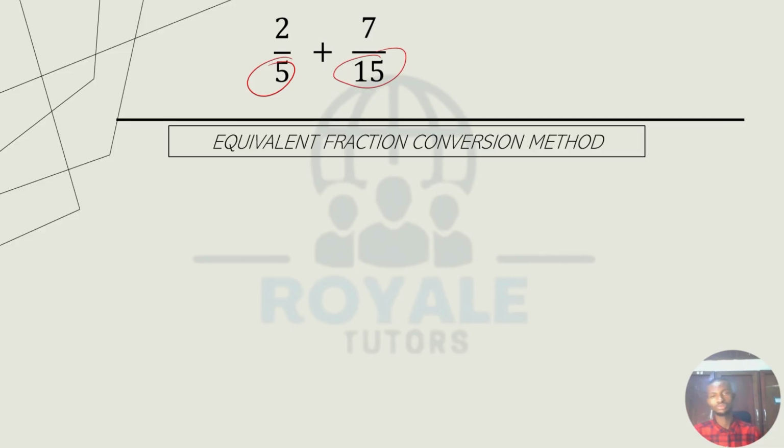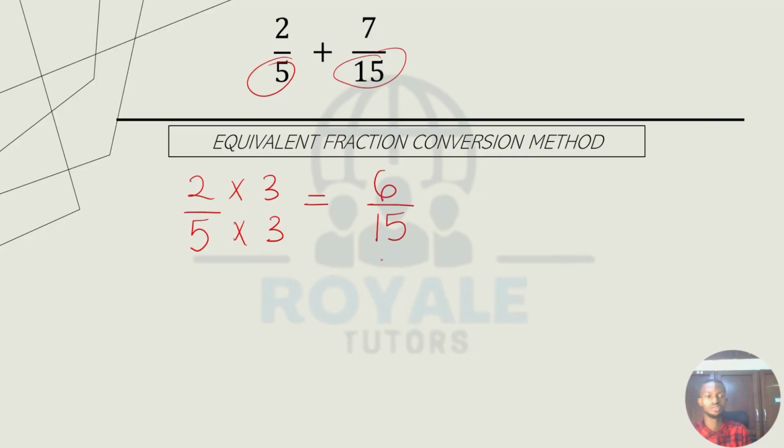And what do we do? We have to turn 2 over 5 to an equivalent fraction that has a denominator of 15. So the equivalent fraction of 2 over 5 that has a denominator of 15 is the one that is multiplied by 3. So we would have 6